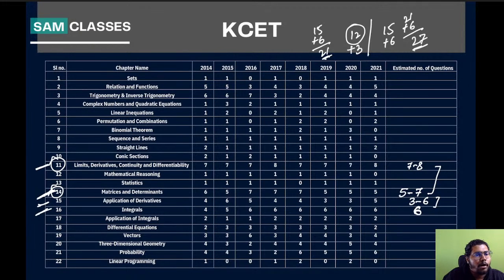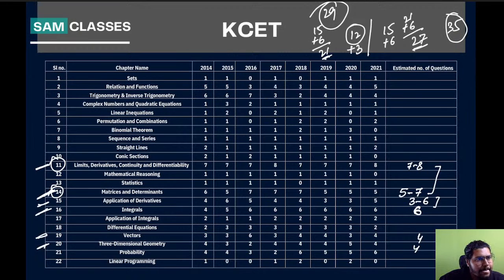If again I want to go for the chapter vector and 3D, again very simple. A lot of simple concept questions come up and that too repeats. So if I go with vector and 3D, combined marks 7, 6, 8, 7, 8, 8, 8, 8. Almost combining these two, I can get 4 and 4. So minimum 8. So 29 here, 35 here. So just by doing these 12 topics, I'm able to score 29, maximum 35.